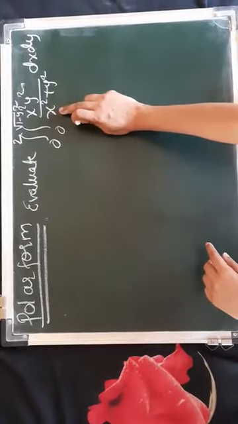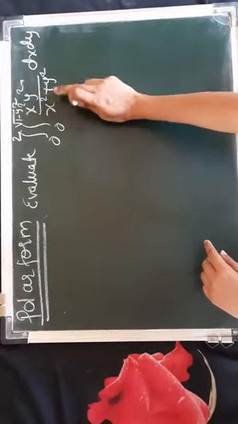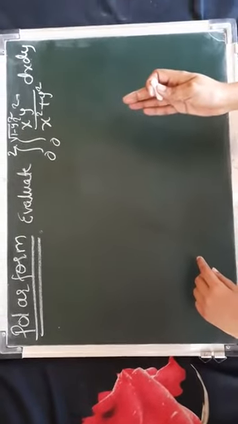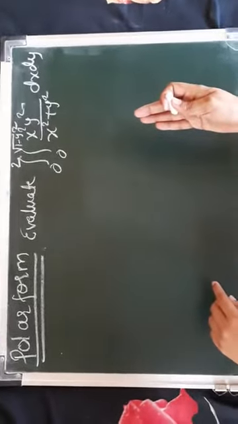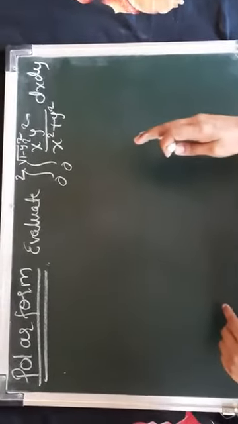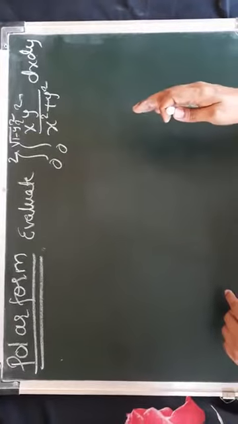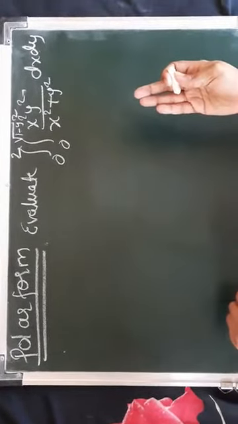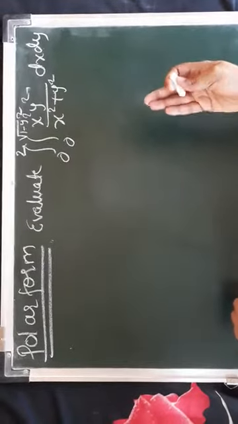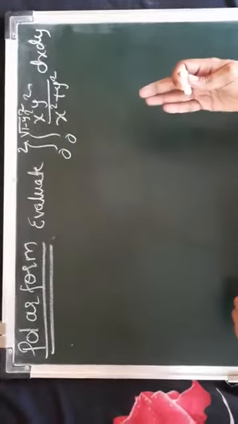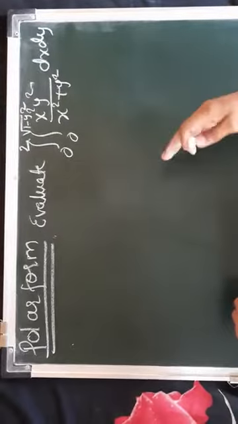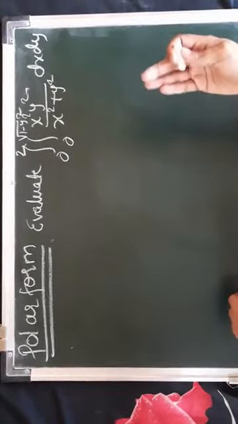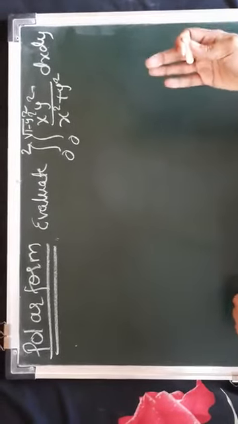For example, look at this question. It is x square y square upon x square plus y square. The function which has to be integrated is so complicated in x and y that we don't have a direct formula for it. If we try to integrate this with respect to either x or y, it will be one and the same thing. When I want to do it, for y square upon x square plus y square, x square has to be taken outside, then simplification should be done, adding, subtracting, and then you may get something like the integration of 1 upon a square plus x square, which will be tan inverse, so it becomes very lengthy.